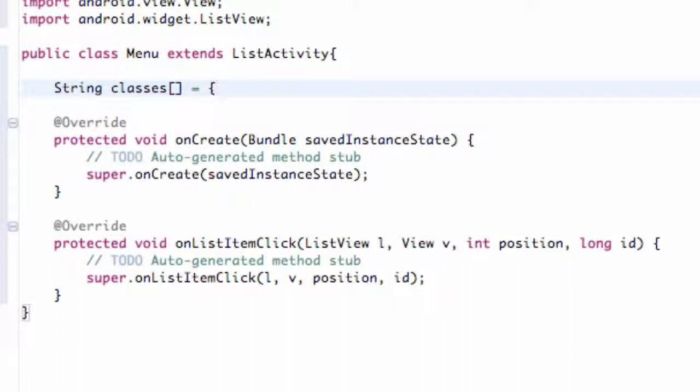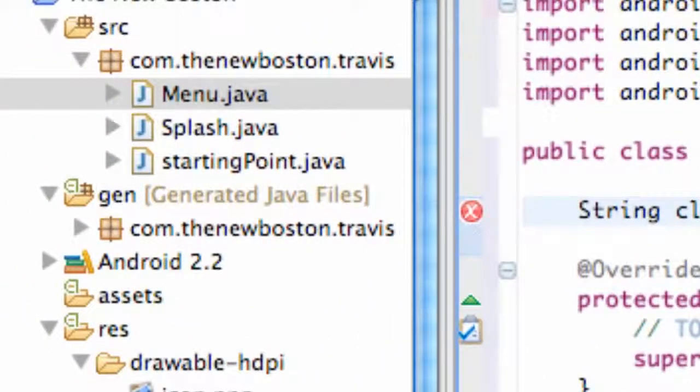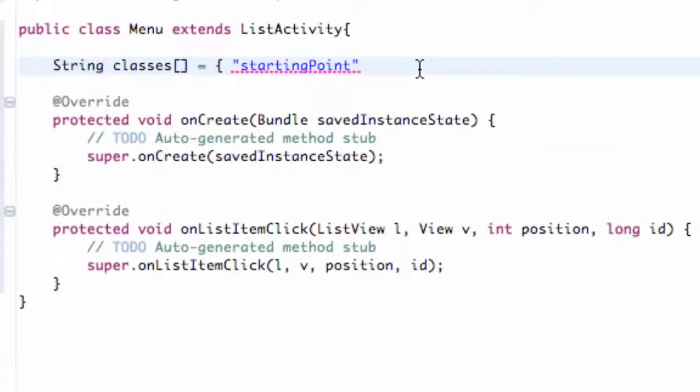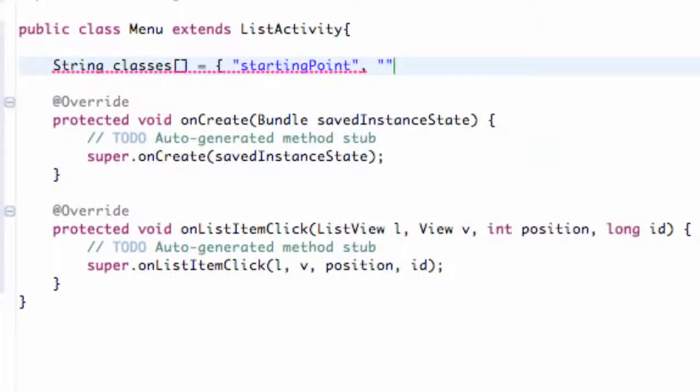So what we're going to do is say another pair of brackets right here, and then within quotations, because strings are basically like words. You can think of it like that. In programming, it's just a word. So we're going to call this first string position, let's see, starting point. The exact same name as our class name that we have called starting point. Make sure it's the exact same, case sensitive and everything, because we're going to have this application use these string positions for the most part to open a new activity. So just say starting point, and then we're going to put a comma, and we can say example